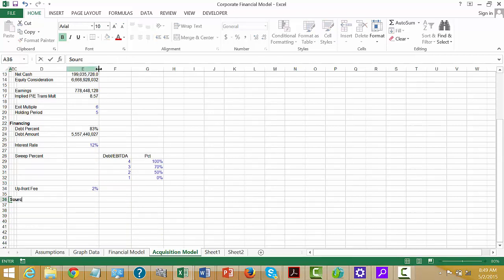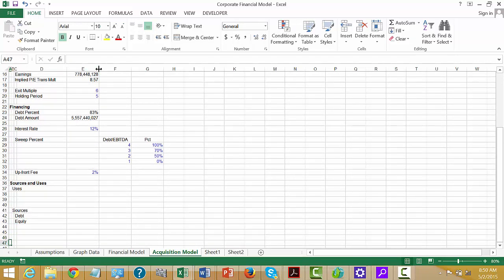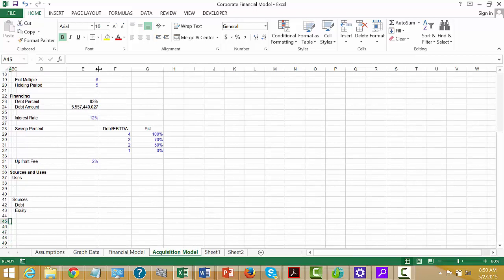Let's make a sources and uses. Now, after we put the uses here, and then we put the sources, and then we get somewhere we'll put the debt here and the equity. Okay, and then after we put the sources and the uses, we can put the goodwill